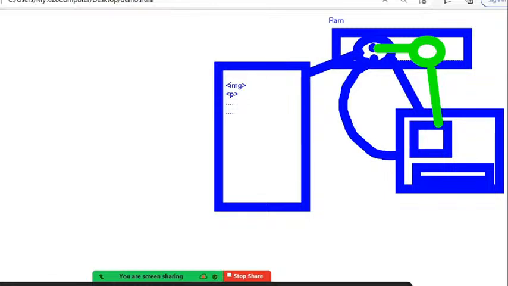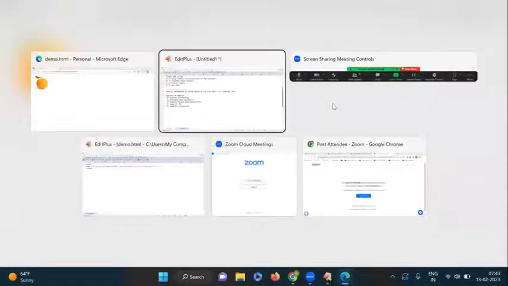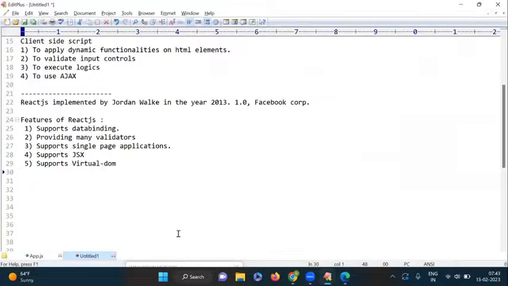So due to this reason, React is faster than other technologies at the time of updating the data. This concept is not available with other technologies. Is this clear? That is a very, very useful concept for us. Suppose virtual DOM, how it is working completely, I will show you once again. So that is a very big advantage for us. Next one here,